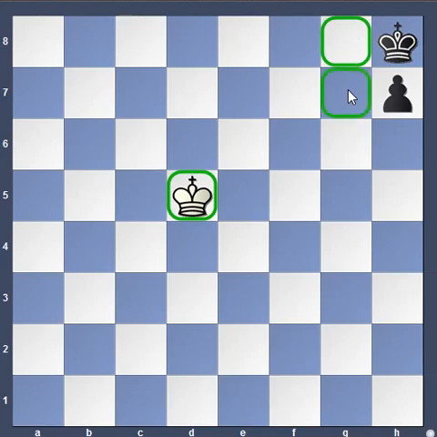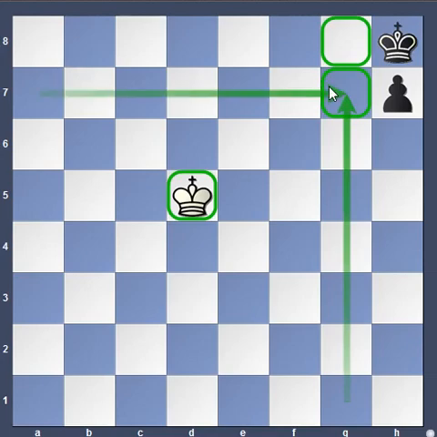I hope you remember how to identify the squares, which we discussed in the last lesson. It is g7. We call it g7 because it is placed on the g file and 7th rank. So that's how we name the squares. Hence it's called g7. And this is g8. So the black king can move only to these two squares, g8 and g7.